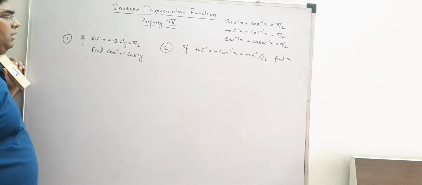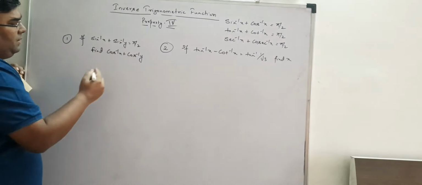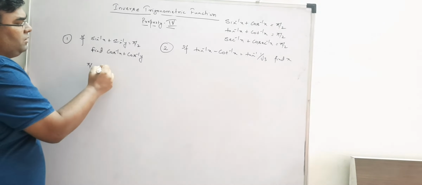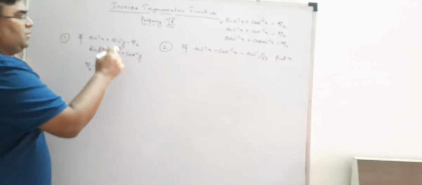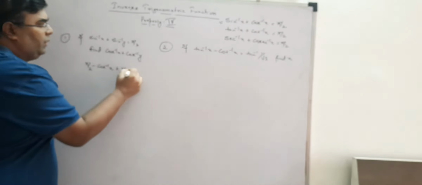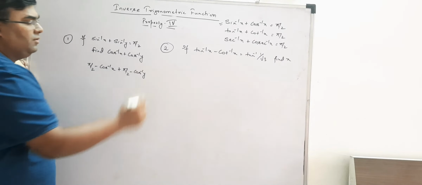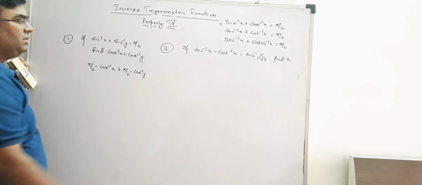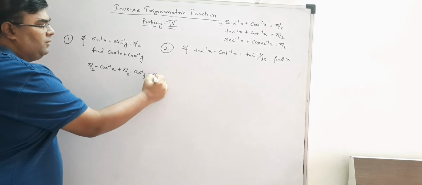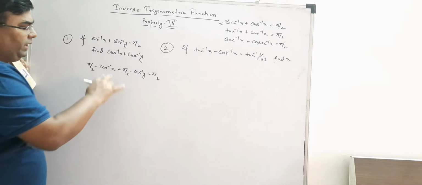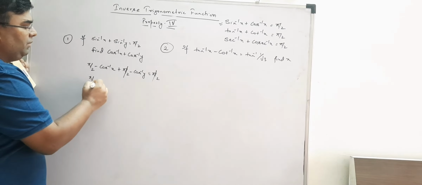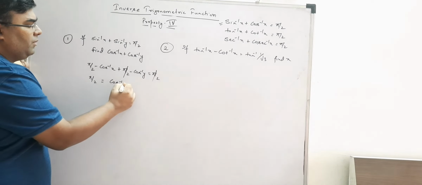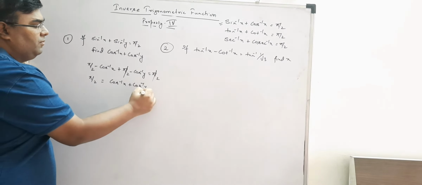It's very simple. Let's just put sin inverse x as pi by 2 minus cos inverse x using this property, right? Similarly for sin inverse y, you can write pi by 2 minus cos inverse y, and sin inverse x plus sin inverse y is given as pi by 2. So taking cos there and cancelling one pi by 2, my answer will be pi by 2 is equal to cos inverse x plus cos inverse y. Simple.